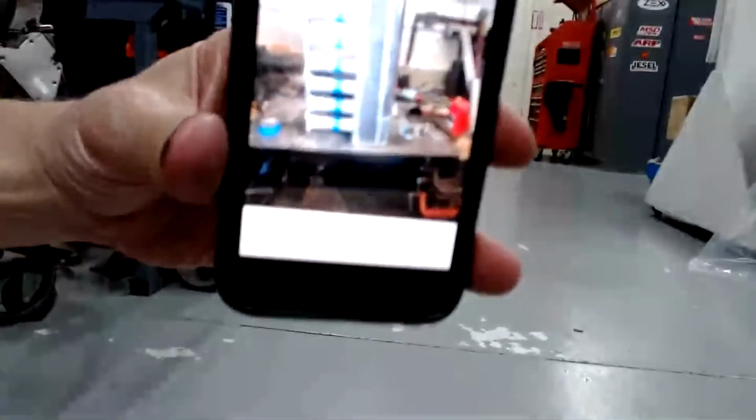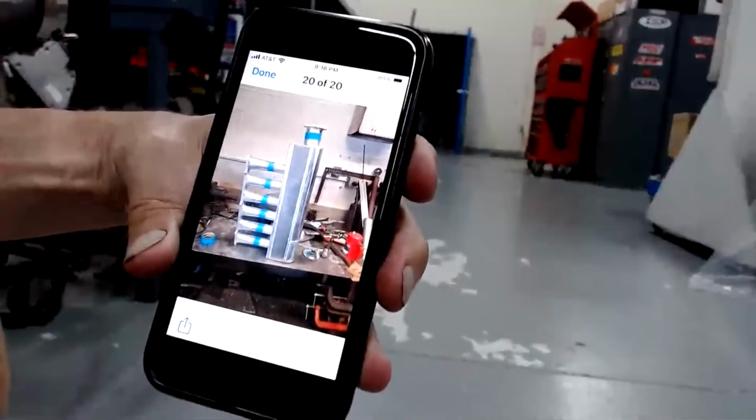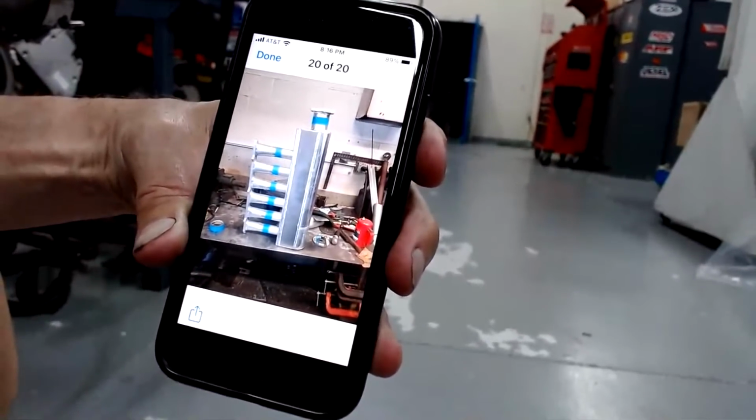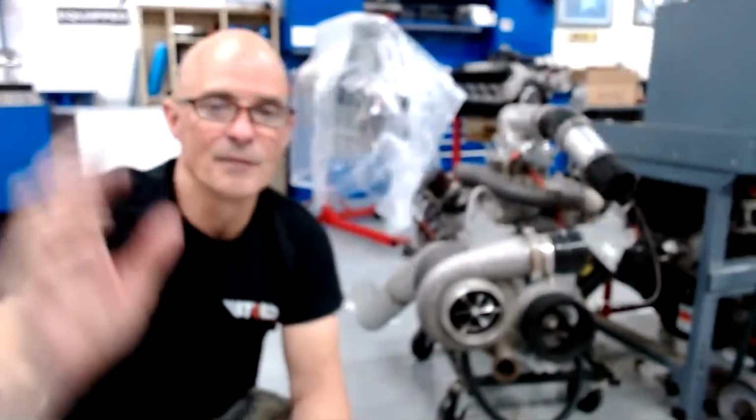We'll do this again. So, there you go. That's going to be the adjustable intake manifold. But the interesting thing is, inside the plenum, we have come